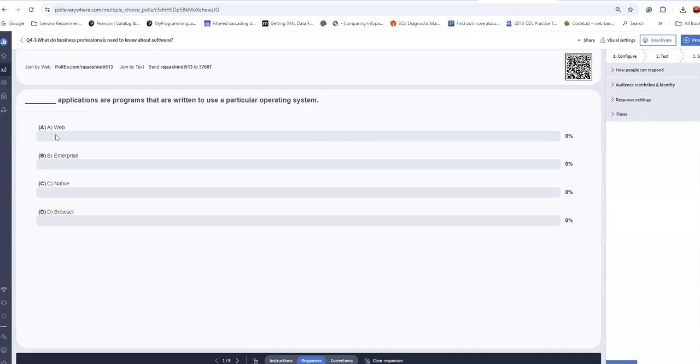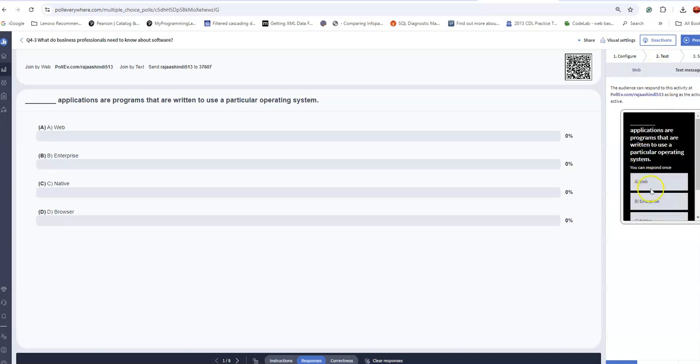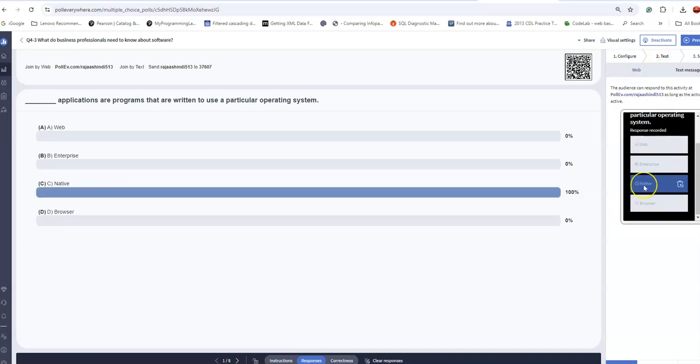Not listed here, we can also classify mobile applications that require a mobile operating system. Applications that require a particular operating system are classified as native applications.